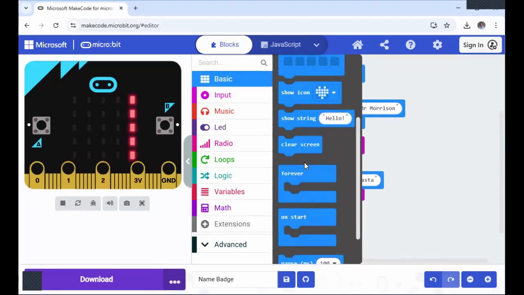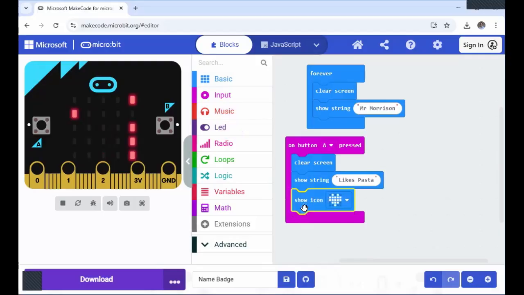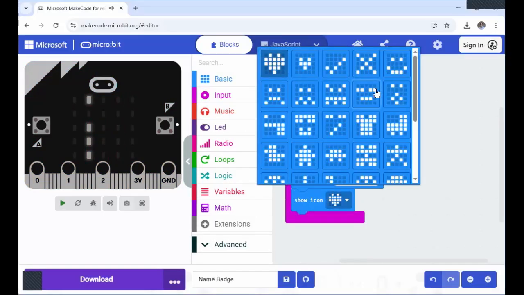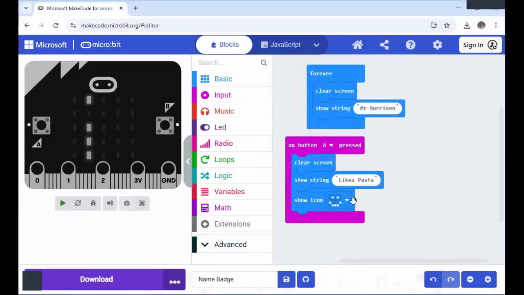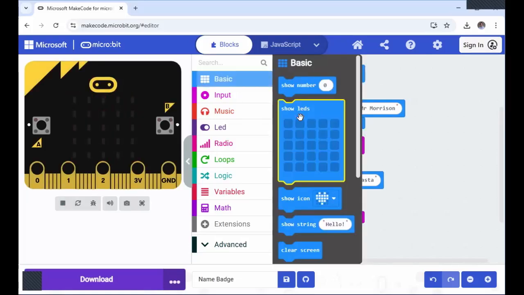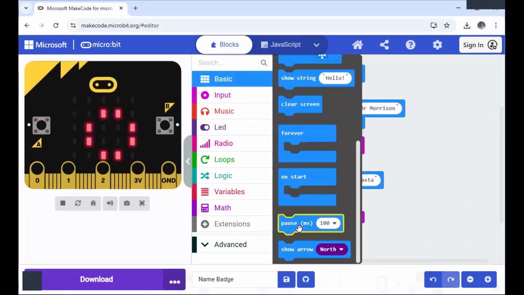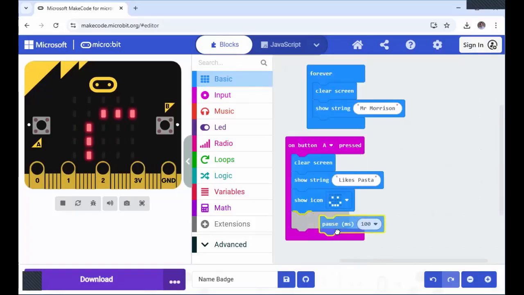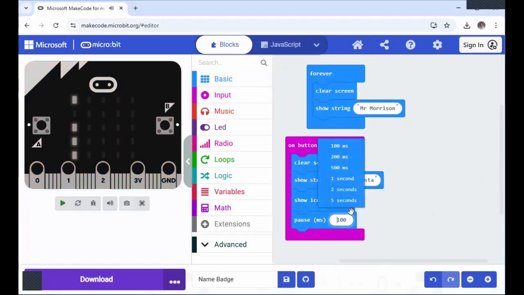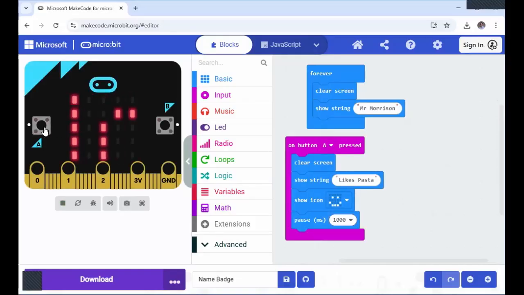Then down here, I'm going to have a show icon. Let's have a nice smiley face. So I've changed the icon to be a smiley face. Finally, I'm going to scroll down one more time and go to pause. I'm going to change the pause to 1 second. So now, when I press button A,